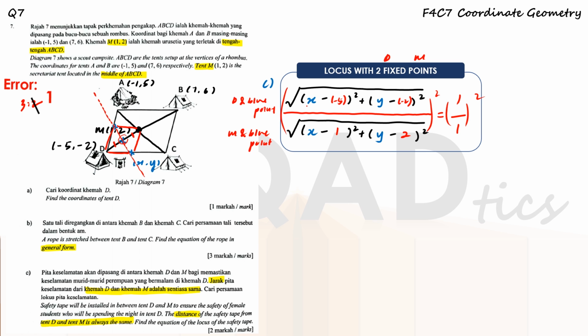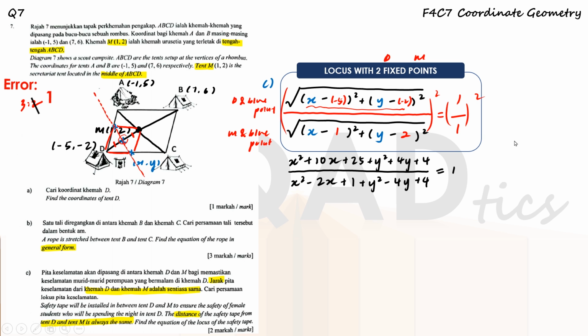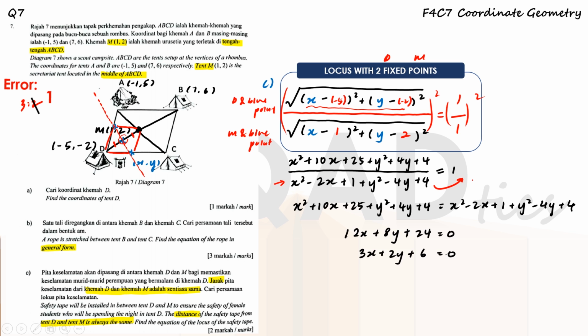And let's expand the values here. Okay, so if you expand and apply square, you get something like this. Then I move everything at the bottom to the right side, and I further simplify. So here I will cross off x squared, cross off y squared, and add up the values together, we'll get this equation. And I divide it by 4. Okay, so we'll get the final